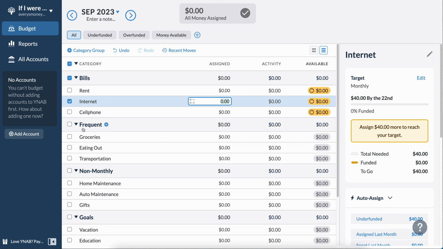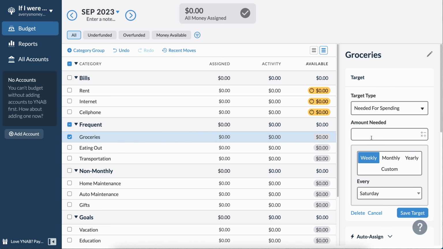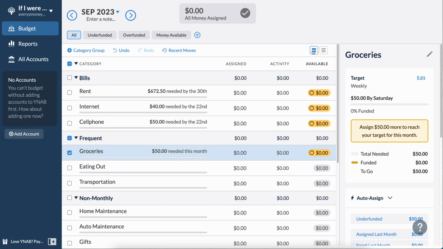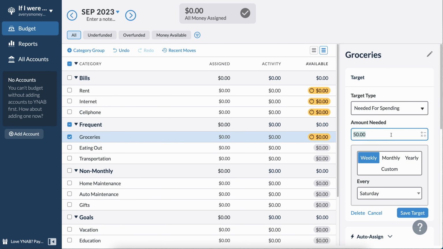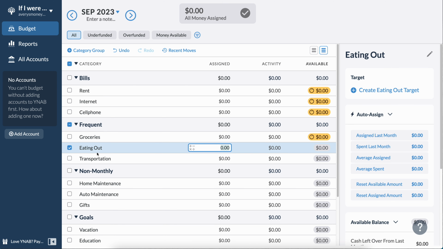Yeah, these targets are monthly, and then the grocery target I'm going to make maybe weekly, and we'll do $50 a week. So it should, if I expand this, no, that didn't work. Let me update it. I'll edit it to $200 for the month. So there's that. Dining out.